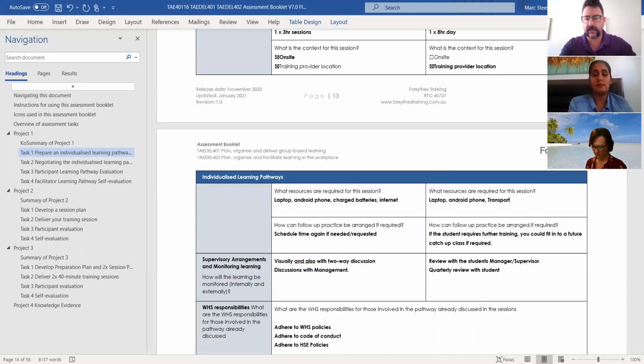Resources, transport and software. We'll have all that already downloaded onto the laptops and our Android phones.